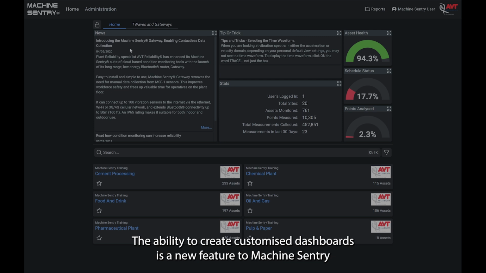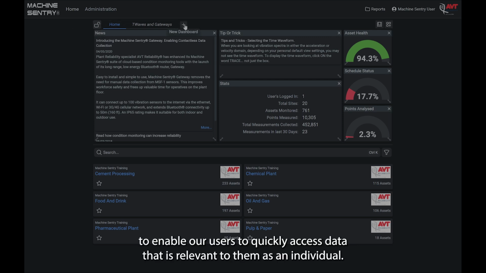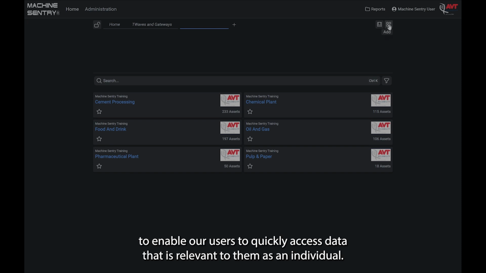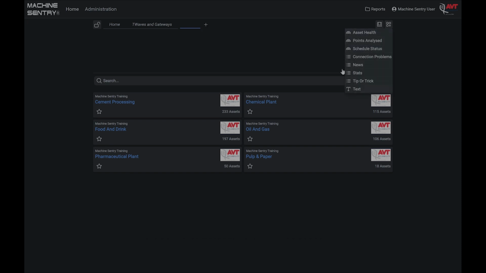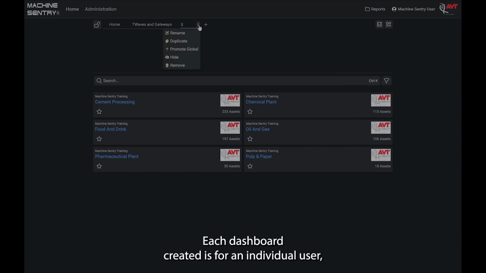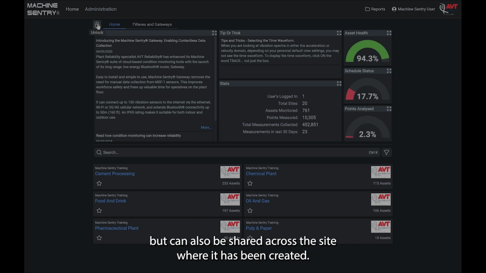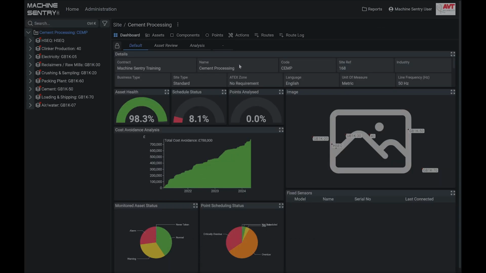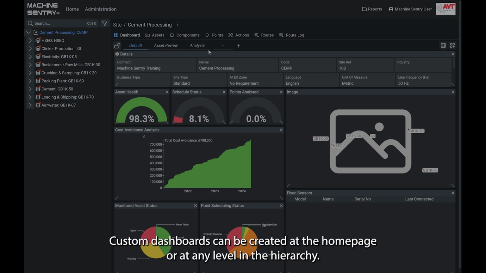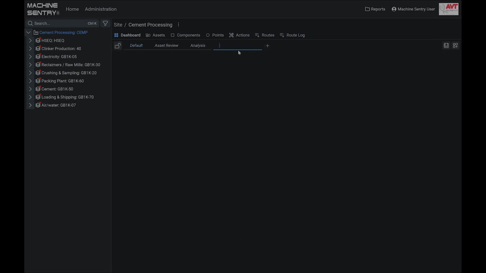The ability to create customized dashboards is a new feature to Machine Sentry to enable our users to quickly access data that is relevant to them as an individual. Each dashboard created is for an individual user, but can also be shared across the site where it has been created. Custom dashboards can be created at the homepage or at any level in the hierarchy once you enter a